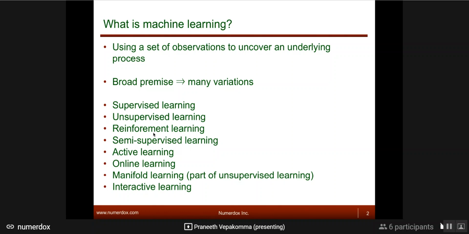So this is the concept of reinforcement learning, where there's this sequential decision making that you're making. You're taking decisions in sequence, and you're also getting rewards in sequence, and you want to update your learning mechanism based on that.